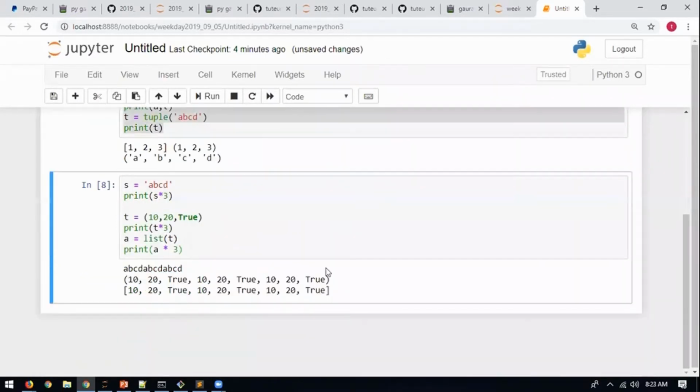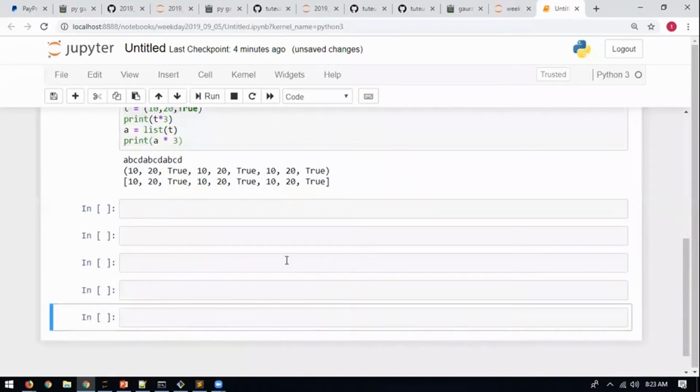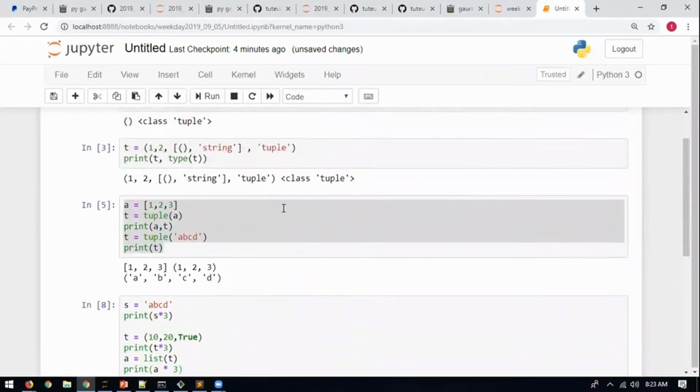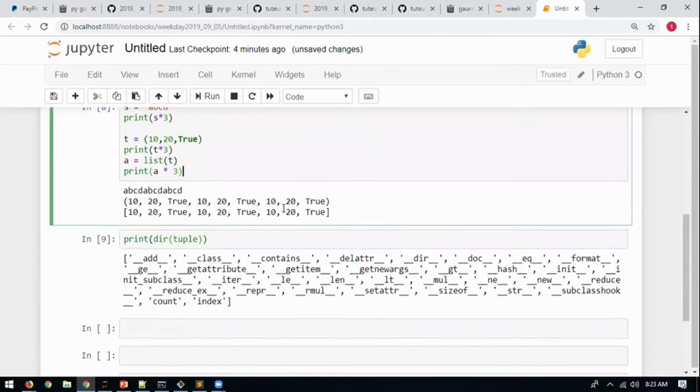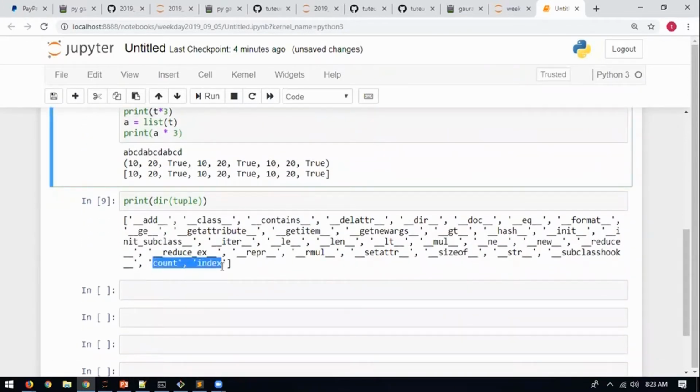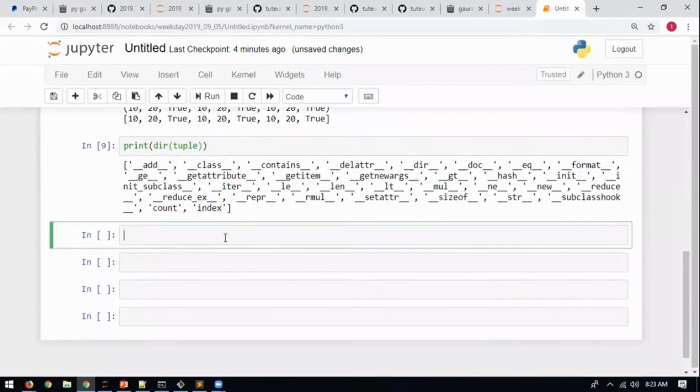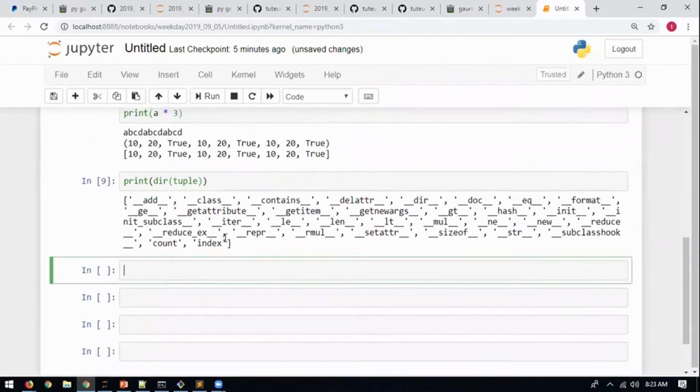All right. Then we'll go down, and this is tuple. So if I go there and I write print dir of tuple, it has just 2 functions. Fine. Why? Because it's not mutable, so all other operations are not there. Mutability gone, operations gone. So it makes it less complex. The more features there are, the more complex a data type will be, and the more operations there will be. So this is your tuple.